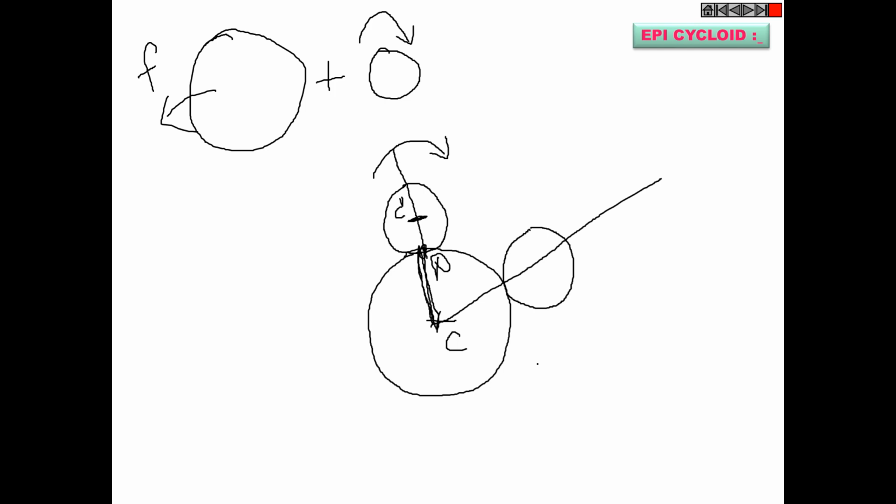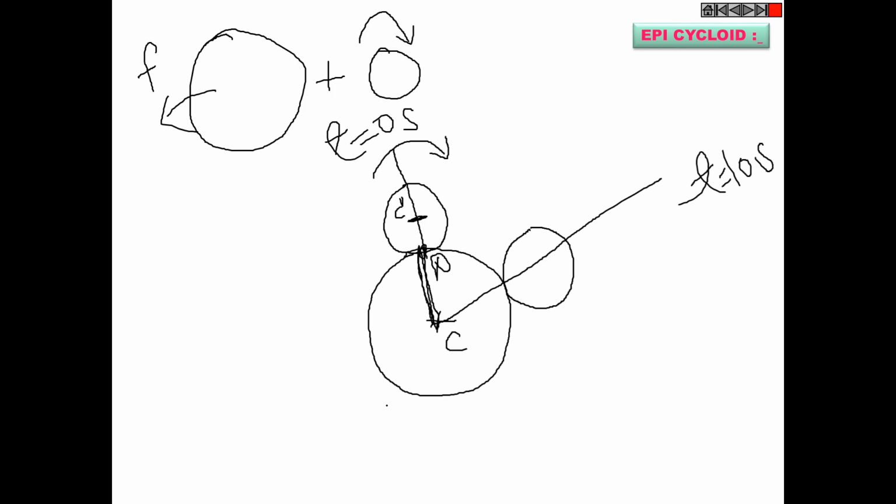The same is the case with the cycloid, because when I was explaining the cycloid, I was telling you that after each interval of time the position of the circle will change. Here also the position of the circle will change, but in this case the position of the circle is changing by some angle. Say this is the case at time t equal to 0 seconds, and this is the case at time t equal to the 10th second.